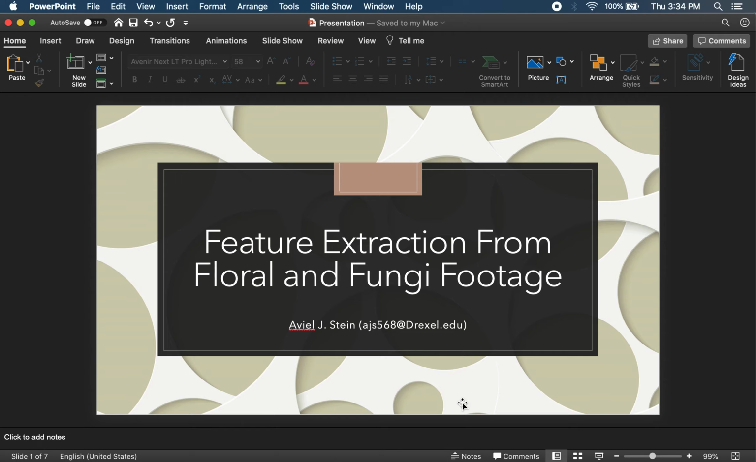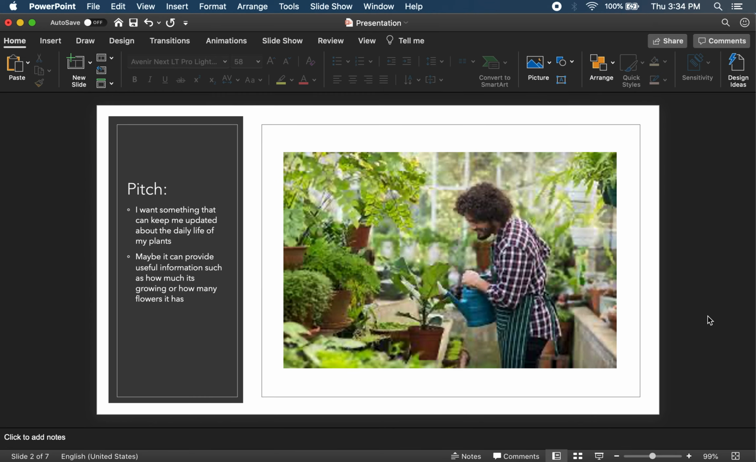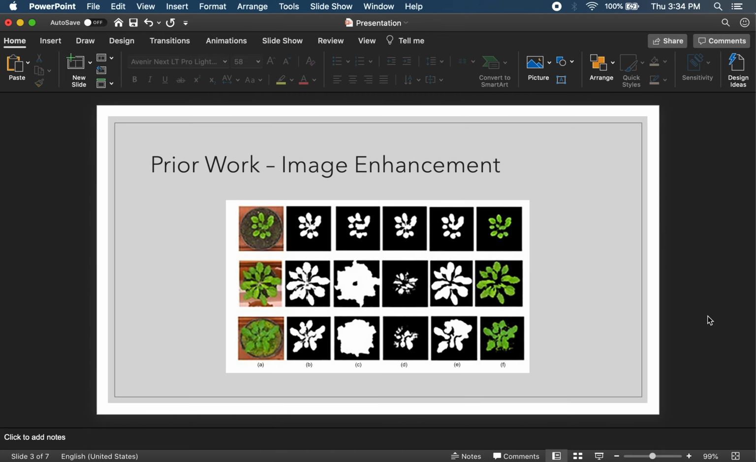Einstein. I'm talking about feature extraction from floral and fungi footage. So the idea is that I have some houseplants, and so I'd like to create a computer vision system to watch them, tell me things about them. And so I did some research to see what the prior work was, and I found that people have done